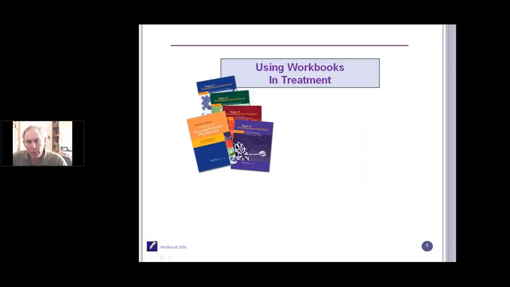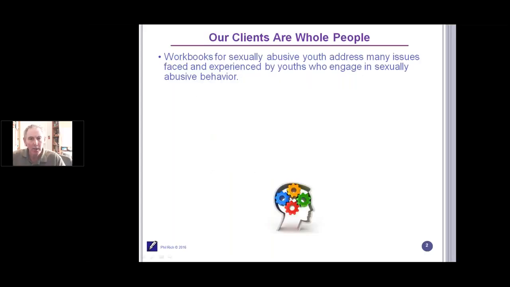The first part of this is really just generally using workbooks in treatment. You can see there a little image of the four workbooks. There's also a clinician's workbook that you'll see on the screen. So the first part, I'm going to quickly move through just generally thinking about using workbooks in treatment, their strengths and their limitations. I think the first thing to say is really that